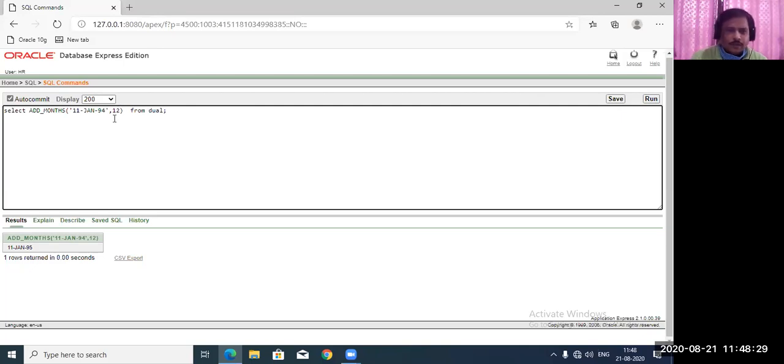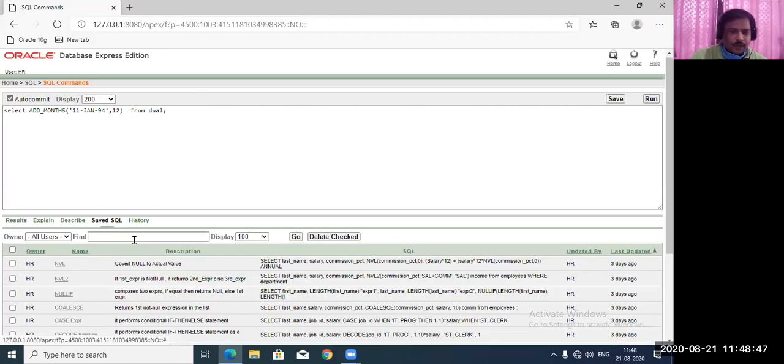This way, because once it is more than 12 months, it will shift to the next year. Year is changed here. You see here, the year is changed, right? So now this way you can make some queries in add months. You can use this. I think this is clear.